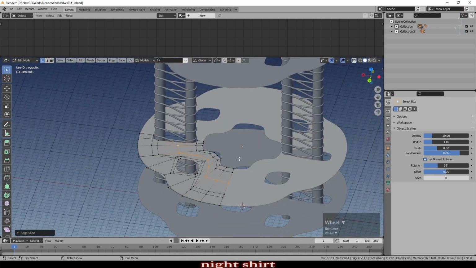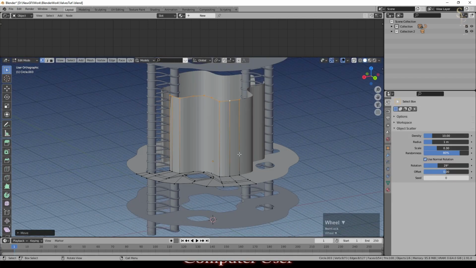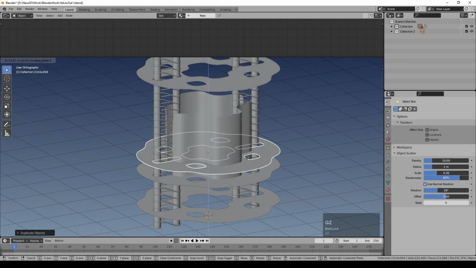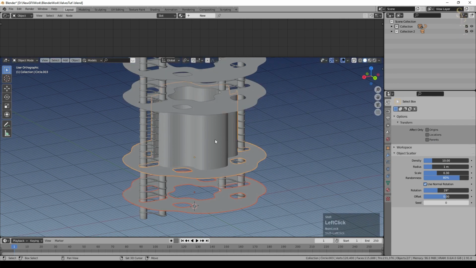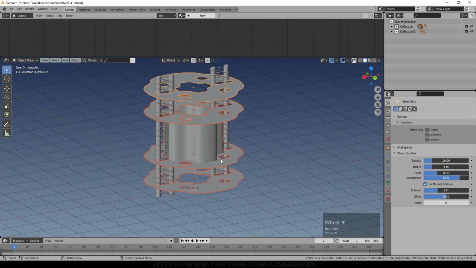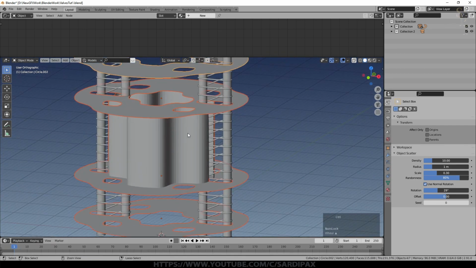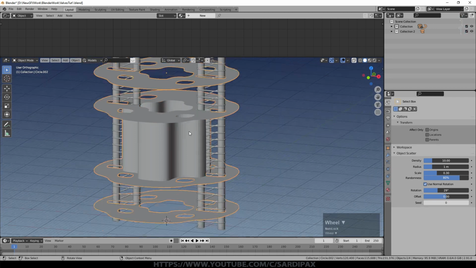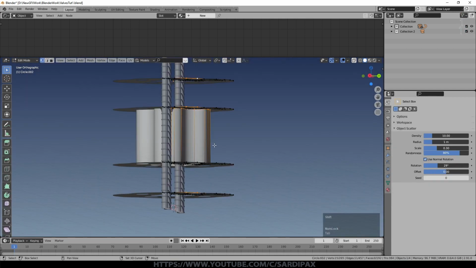It doesn't really need to have any real thickness to it, so I'm just going to now press E, G and then Z. I'll extend that up a fair way like that, and then we'll take another of these and just put it on the top. What you will need to do with each of those is add some thickness to them. So before we do that, I'm just going to do Control J and just join them all together. They'll no longer duplicate each other when you make changes because they're all one object now, but they've still got the subdivision surface on them.